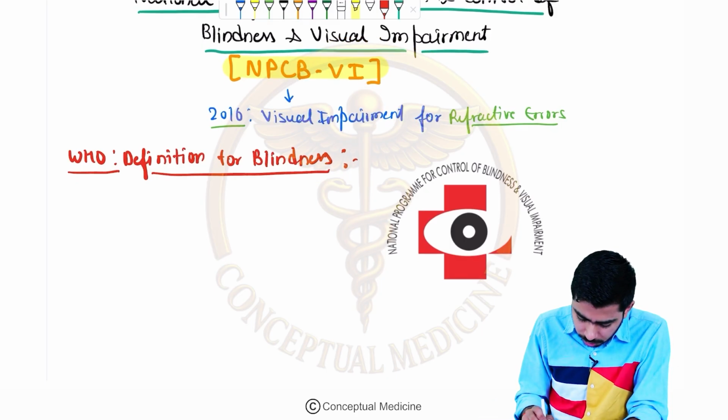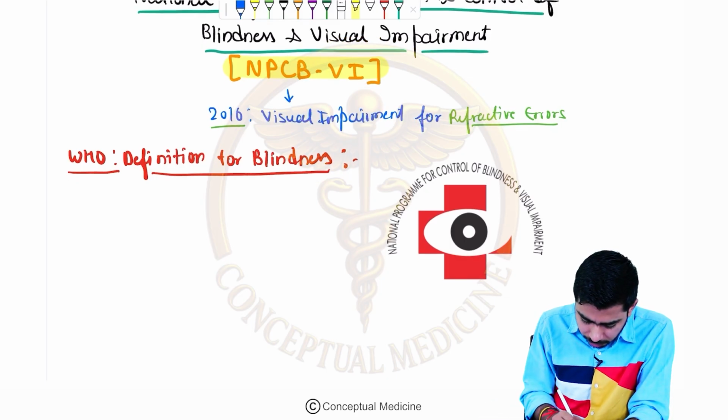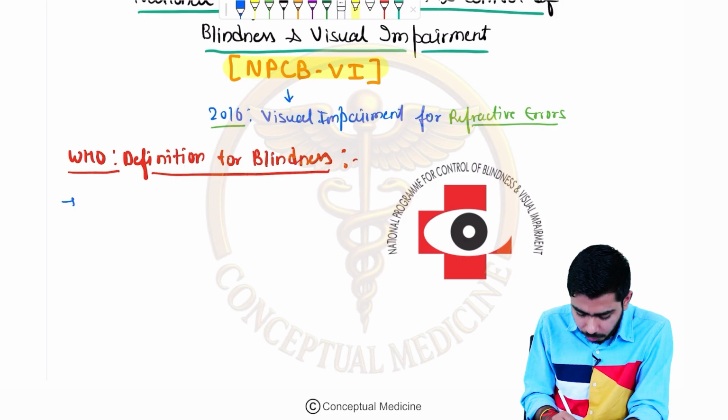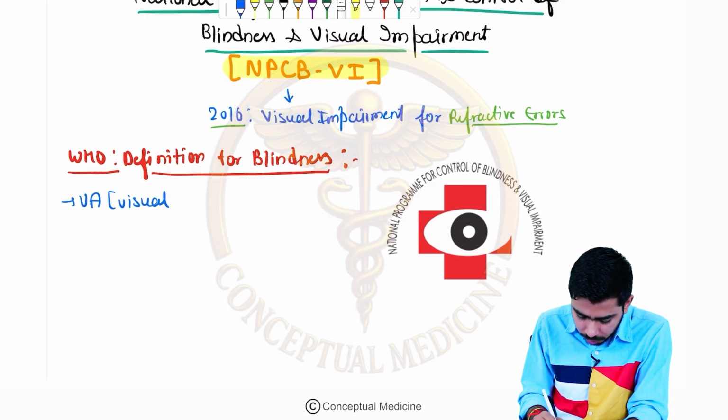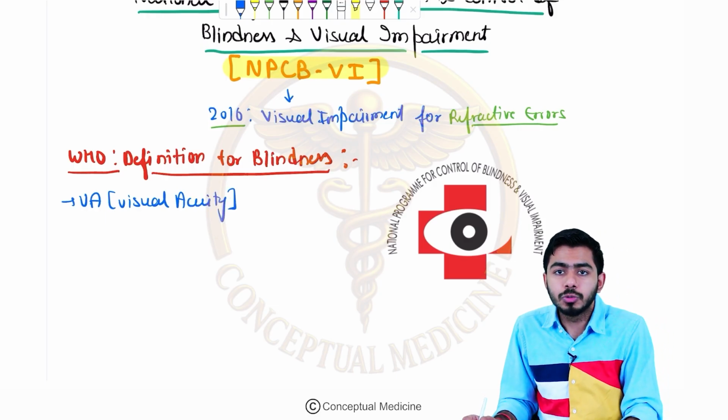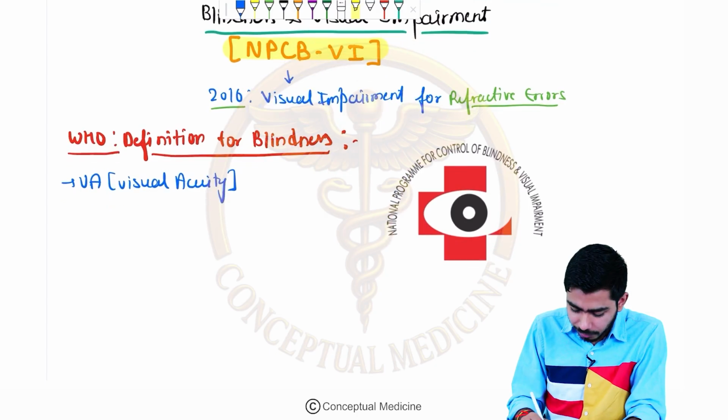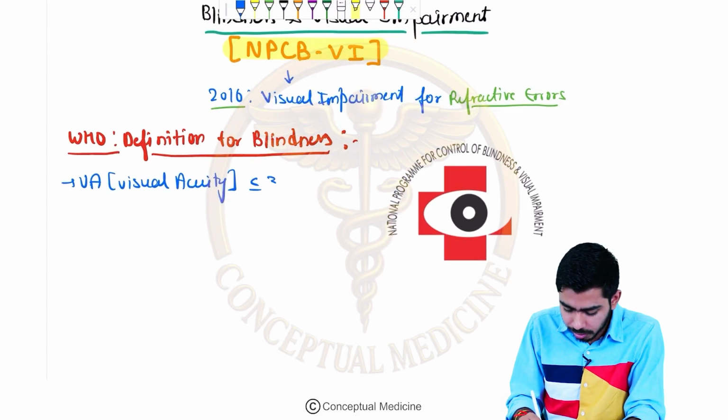So WHO gave the definition for blindness, right? They are saying that the visual acuity, I'm just writing VA means the visual acuity, right? The capacity of your eye to show you the objects. So visual acuity, if it is lesser than or equal to 3/60 in the better eye,